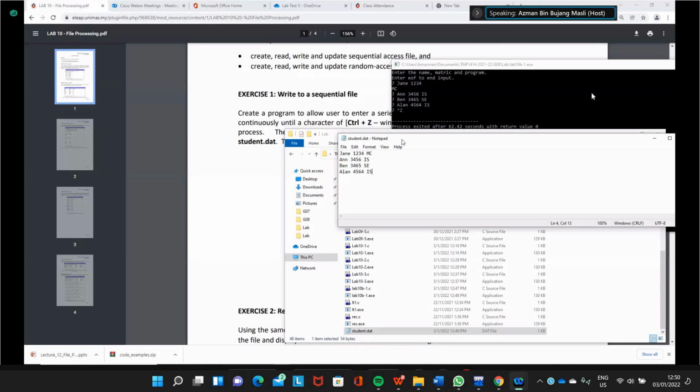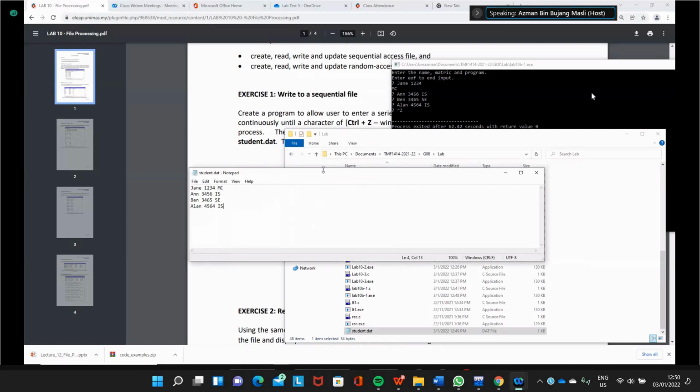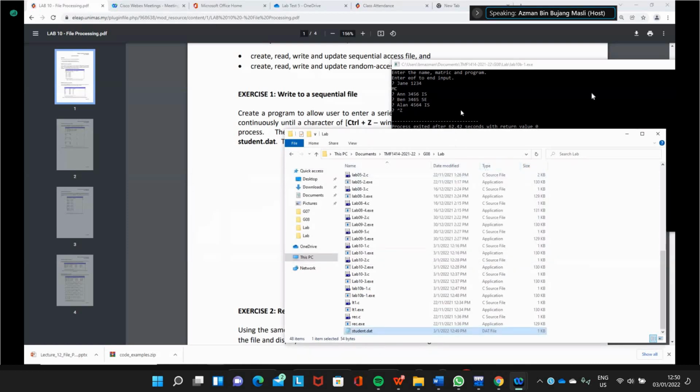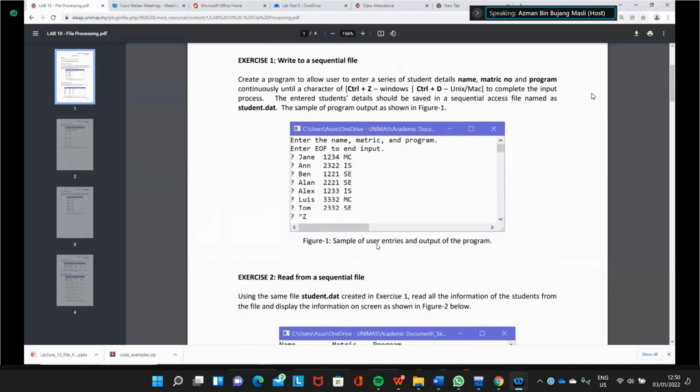But if you read a string, you will get the whole line as a string. So we can use scanf to read the data one by one. So that is number 1, to enter the data into the file.